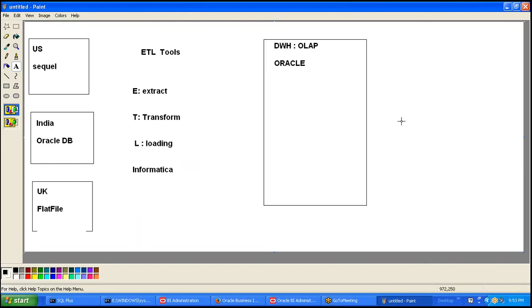So now what are these ETL tools going to do? Let us think, first we are going with the SQL Server. The first process is extract. Extract means...